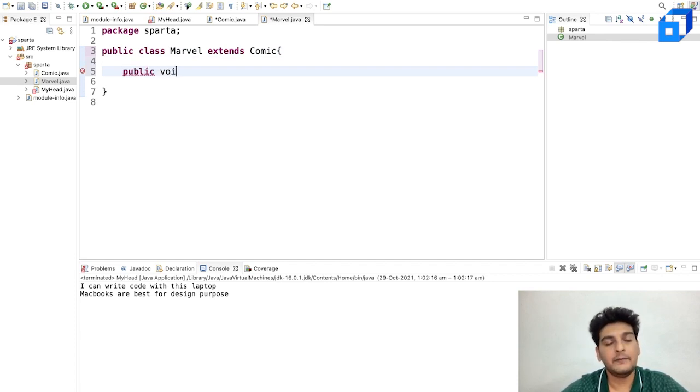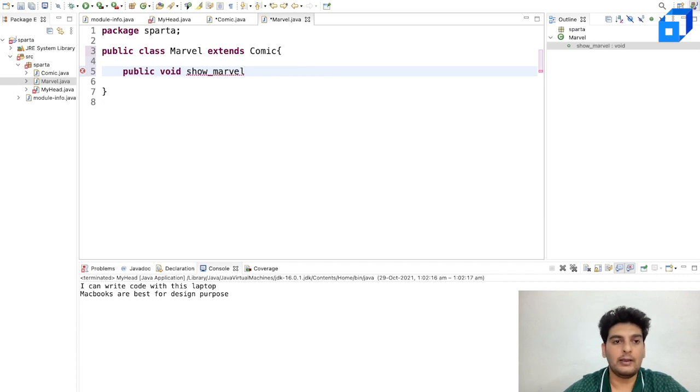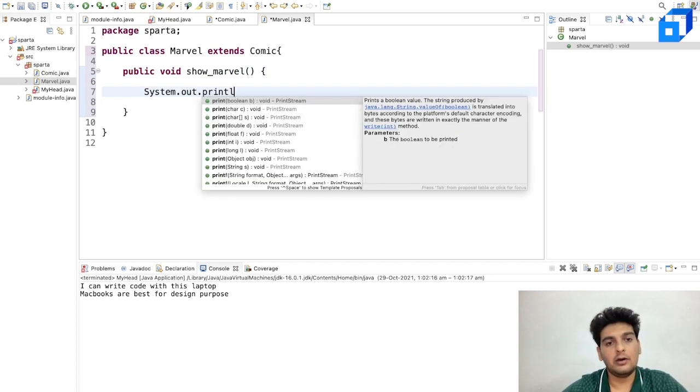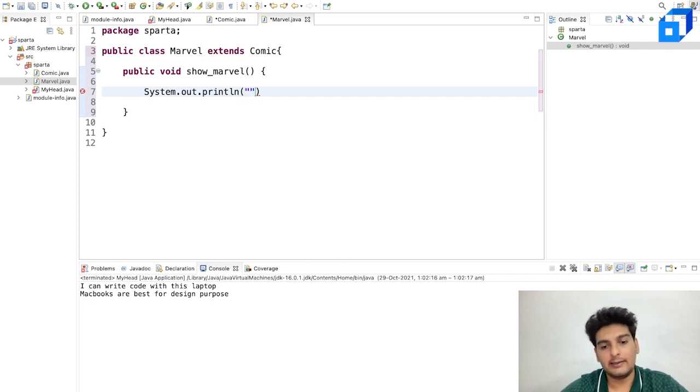I'll have a method, public void showMarvel, and again I'll just have a System.out.println statement inside this: "This is a Marvel comic book".